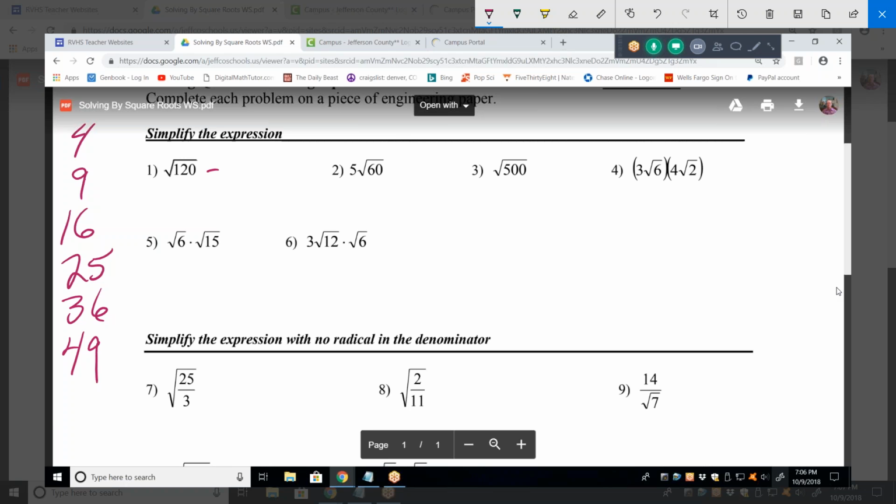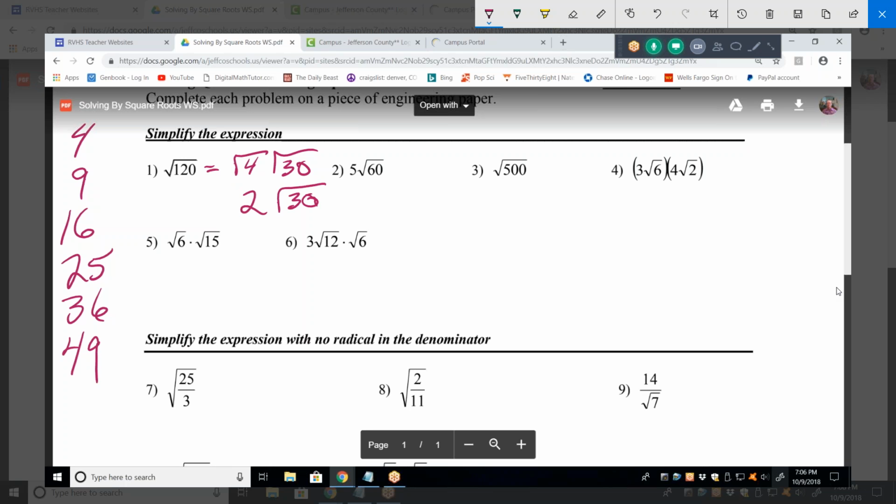So I can break this up into the square root of 4 times the square root of 30. Oh, because 30 times 4 equals 120. Exactly. I'm looking for two numbers that are factors of 120. And now, because that's a perfect square number, that becomes a 2. And that's actually your answer, because 30,